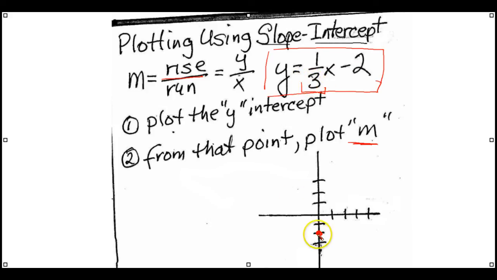So from this intercept, we go 1, 2, 3. We do this mentally. And in a sense, we're making a little triangle. And then we go up 1. And now we make our line. And we have made the graph